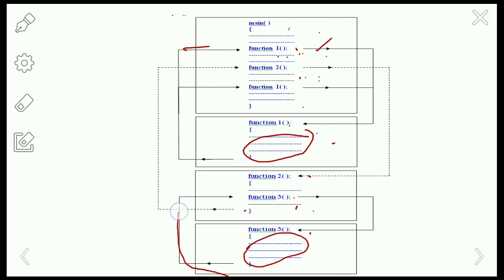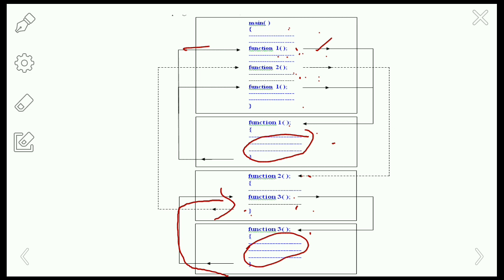After that, function 3 will return a value to function 2. That value will be processed, and function 2 will return the value to the calling function. After returning the value, the main function will wake up.